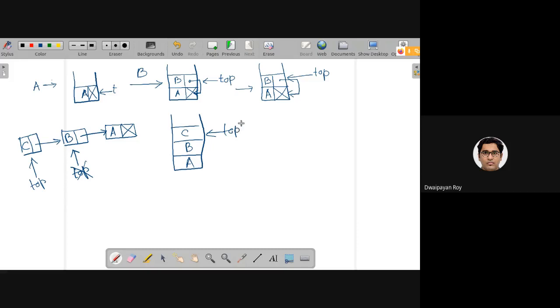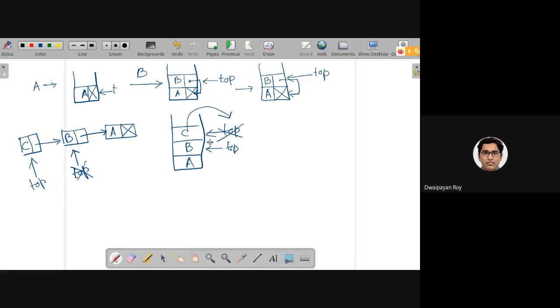After applying one pop operation, this topmost element will be returned, and the new top will be set to here, and this earlier top will be deleted or changed.